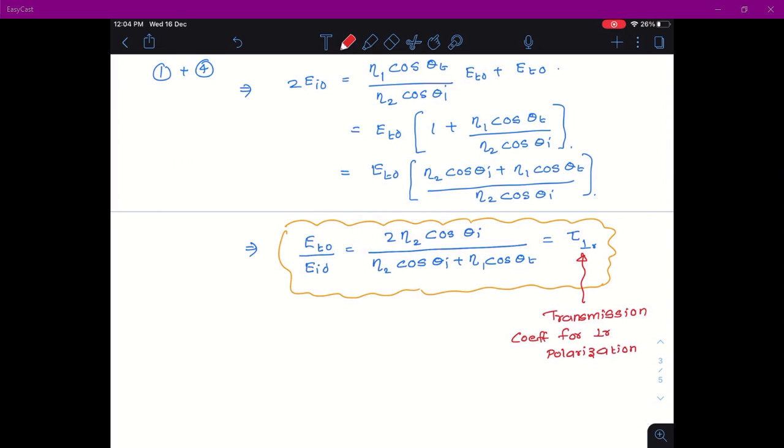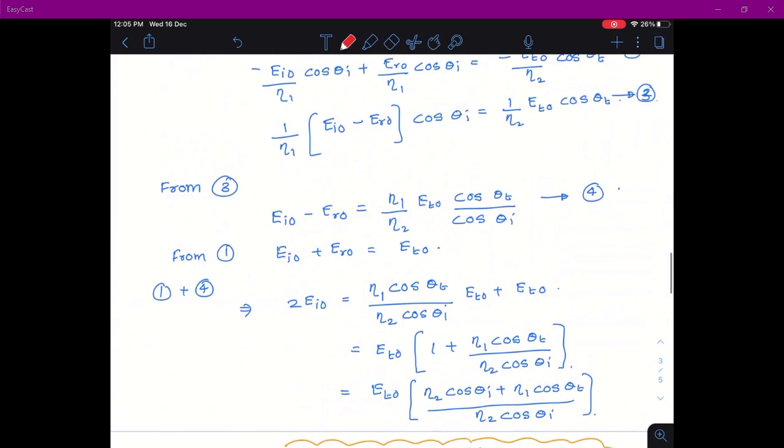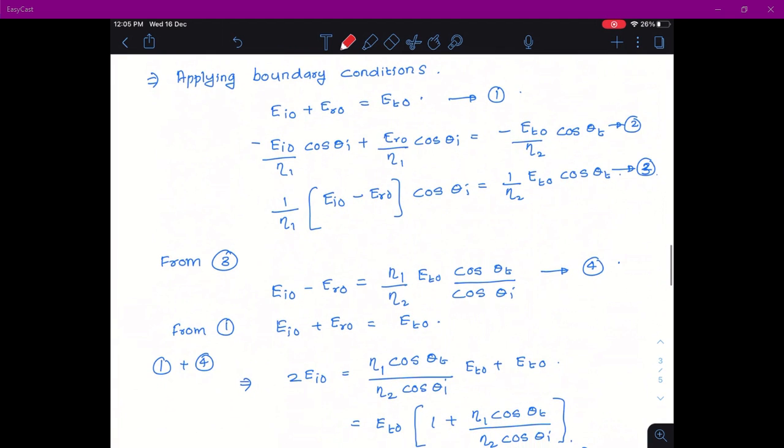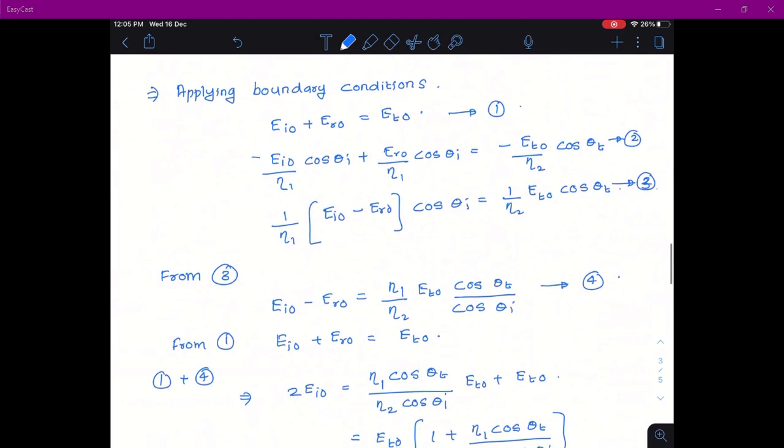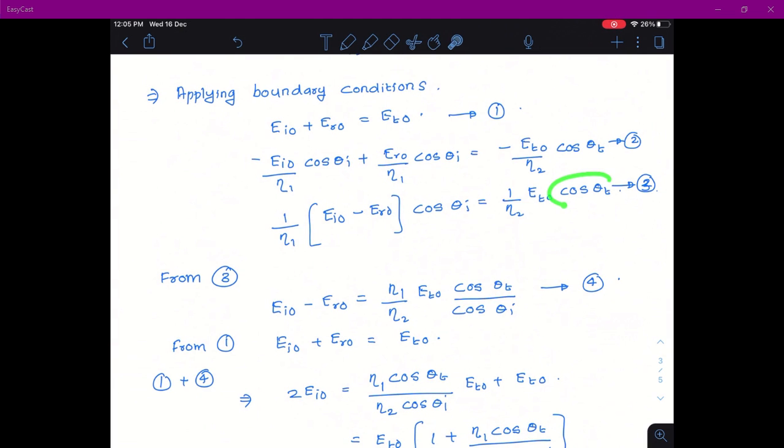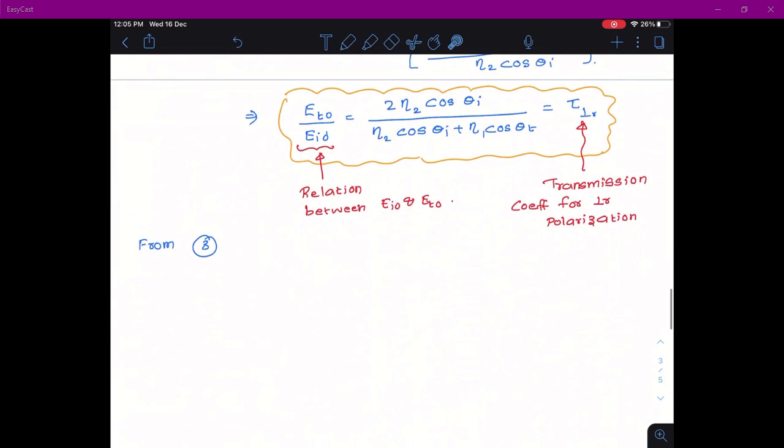Fine. So, basically we have found a relation between EI0 and ET0. Now, let us try to find a relation between EI0 and ER0. So, you can write from 3, I am going to move this here and move this here. Okay. So, I can write this as